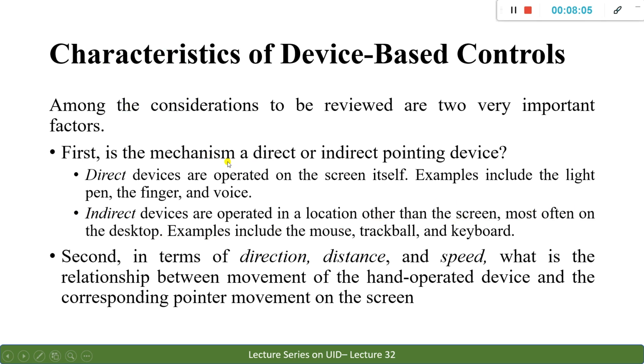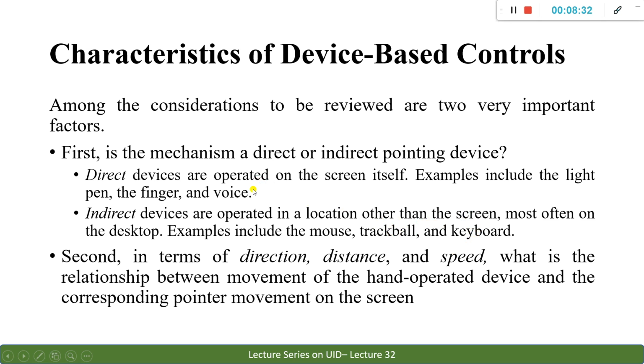When you consider this mouse as your pointing device, we are moving it outside, we are not touching our screen. It is not moving on the screen, it is actually moving on the desktop, that is the software part of it. So they are called indirect pointing devices. Examples are the mouse, a trackball, or the keyboard. The keyboard is also considered a pointing device.